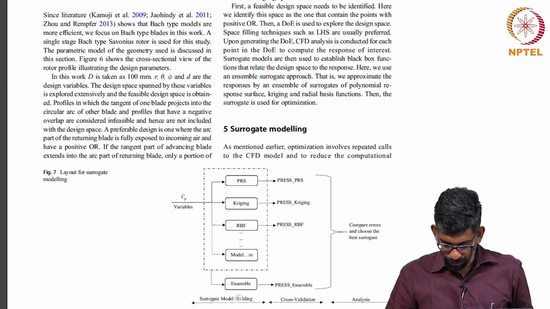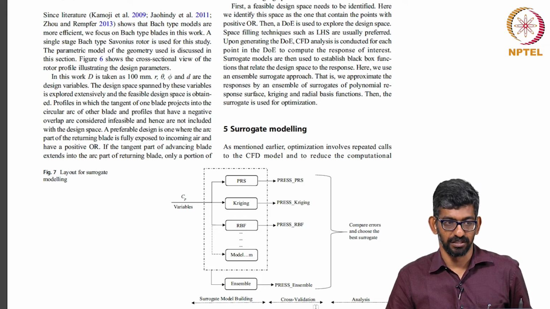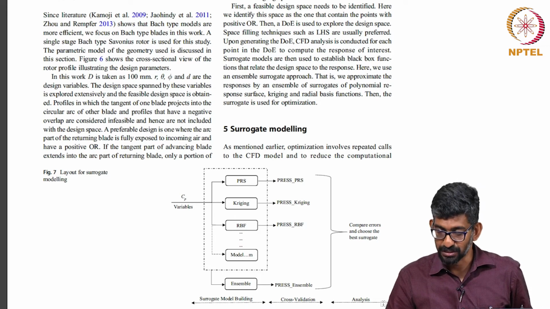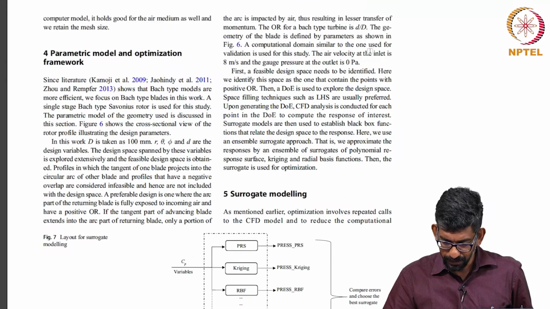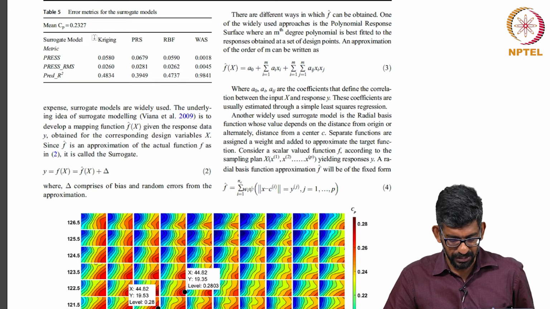Okay. So, the first one is metamodel building. The second one is the cross validation and error validation part, and the other one is the analysis part. We will see them quickly, because that is not the whole point. What we do here, as you can see in this particular case, is error metrics for the different surrogate